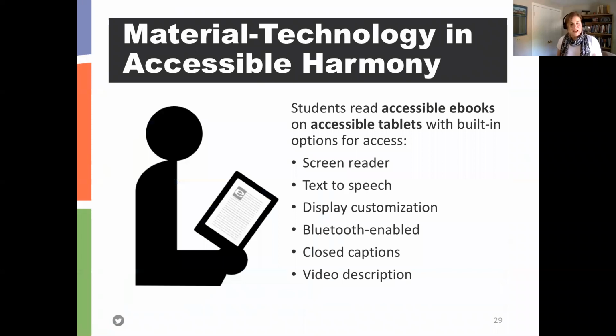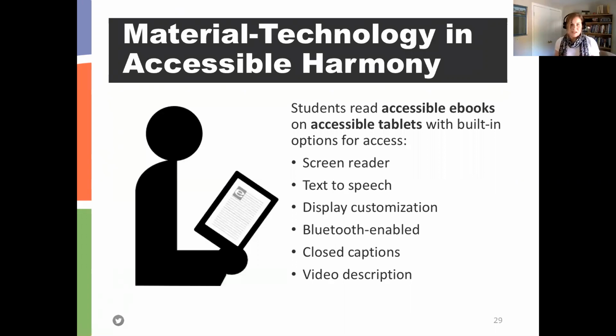Here's an example. This is what I call material, technology, and accessible harmony. There's a figure here of an individual reading an ebook on a tablet. And there's harmony, accessible harmony going on there. When the ebook is accessible, the tablet is accessible. And some examples that make that tablet accessible is it has some built-in options for access, such as a screen reader for students who are blind or have low vision, text-to-speech that's very useful to students with learning disabilities, ADHD,